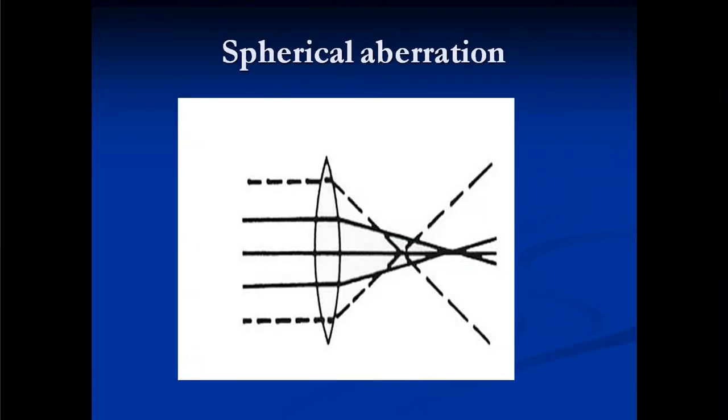So this is the spherical aberration. Here you can see the light rays refracting from the periphery are converged more than the rays along the principal axis. So this is one aberration. That means all the light rays passing through that media do not come to a point focus, but there are different foci, right? This is called a spherical aberration.